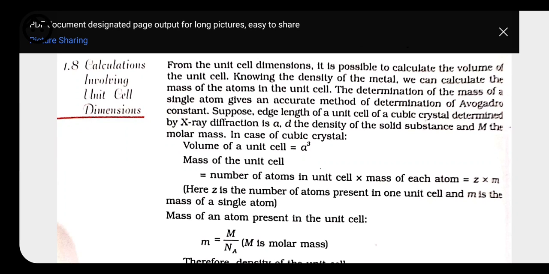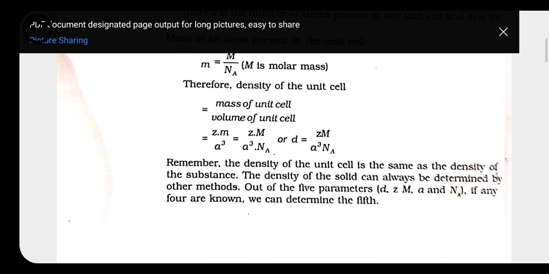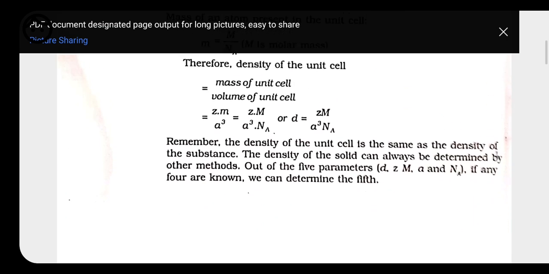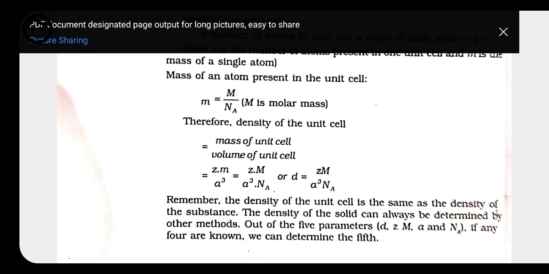Students, let's continue with the very last topic of this chapter. Before that, we will also be having the calculation involving unit cell dimension. With the help of this formula, we can calculate the density by knowing the unit cell dimension. Here we have given a formula that is D is equal to Z into M upon A